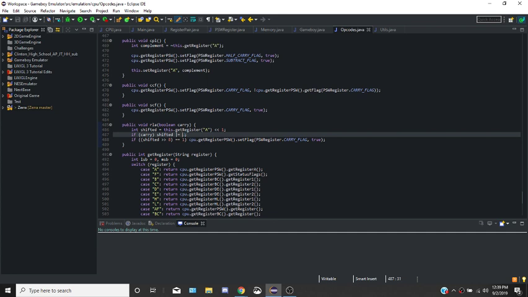Oh wait, no, we can't do this, this is the wrong one. This has to be .get flag, and we have to put that in. Since it returns a boolean, we have to use the ternary operator, the question mark colon. So question mark 1, if it's not, and 0. And so now